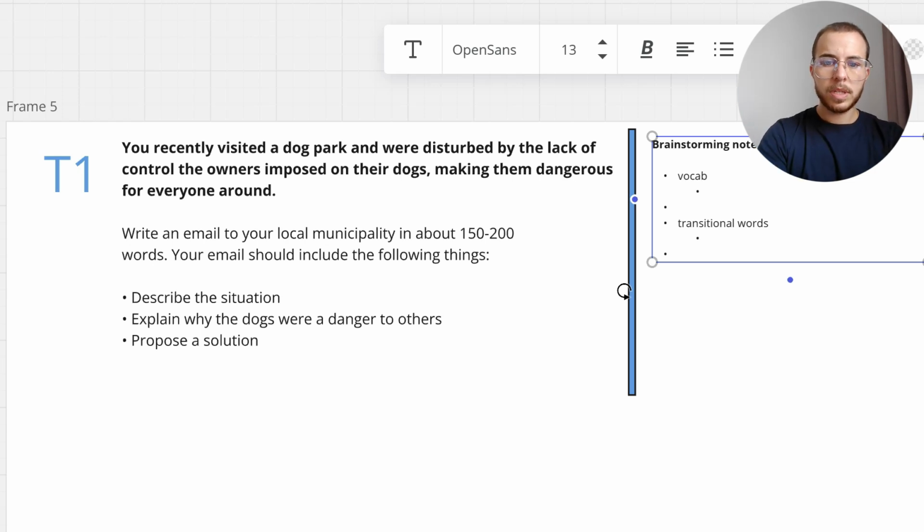So first of all, we will look at some vocabulary. I definitely want to include words like municipality, impose, and dangerous, but those are already presented to me. So I might say I observed the dogs misbehaving,